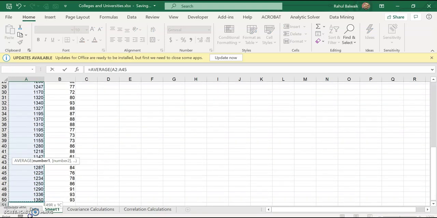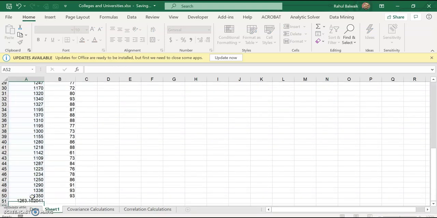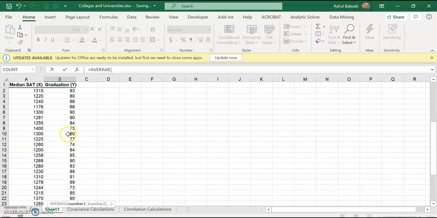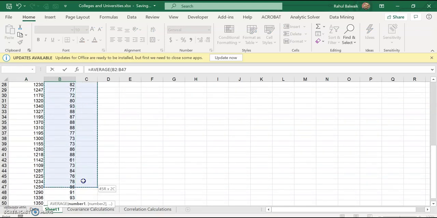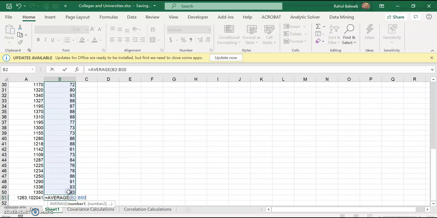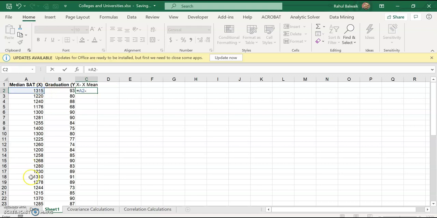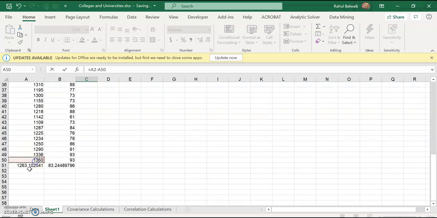So that's the mean value of the median SAT scores, and let's do the same for graduation percentage. The next step is to find x minus x mean, so we'll subtract this value, which is at a 51.